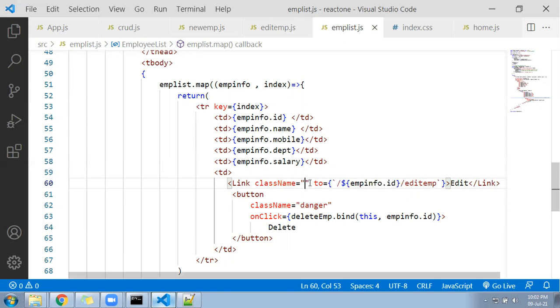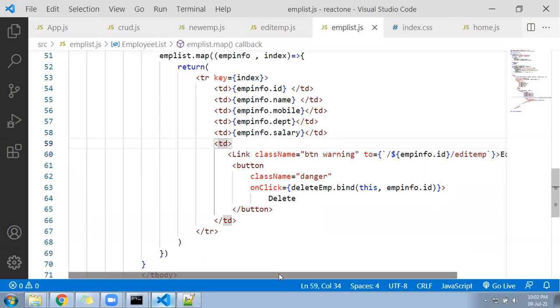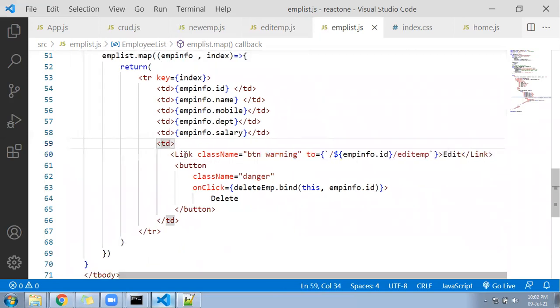Now this btn space warning, I have created one more class called warning. So I wrote like this. This is the code. Link tag is written.